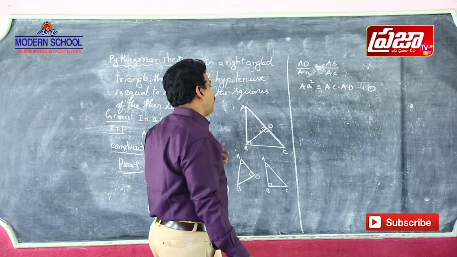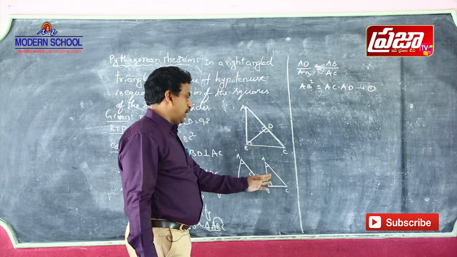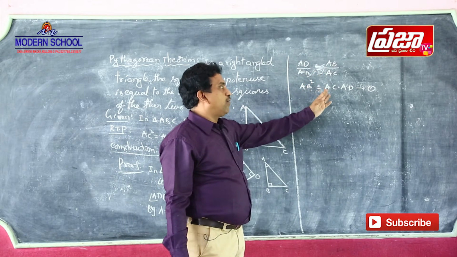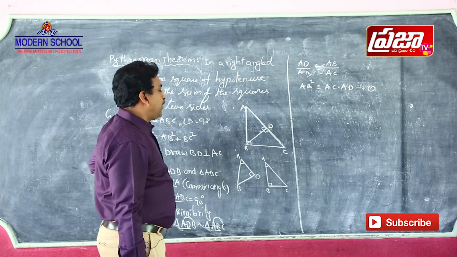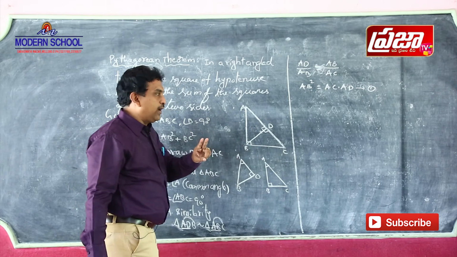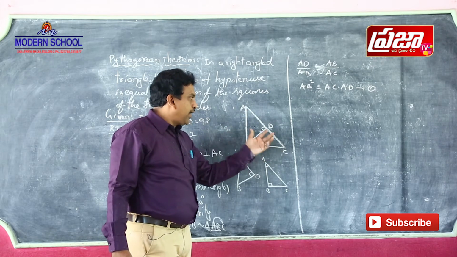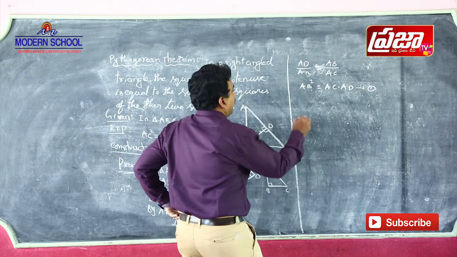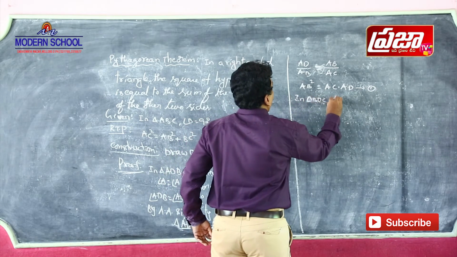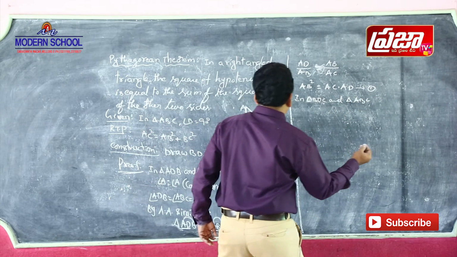So first of all, we have taken two triangles ADB and ABC. Both are similar. From that we have taken the corresponding sides in proportion, and then we got AB square equal to AC into AD. Similarly, now we take two more triangles, BDC and ABC, this small triangle and this big triangle. You can draw separate figures also, your wish.